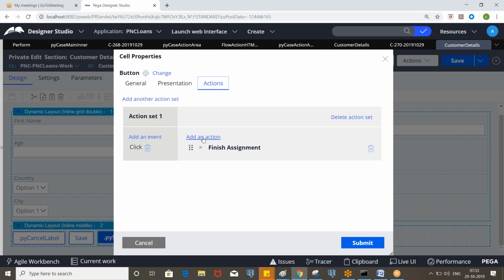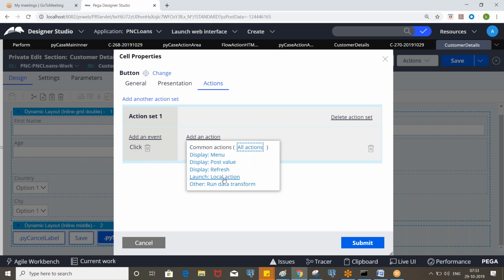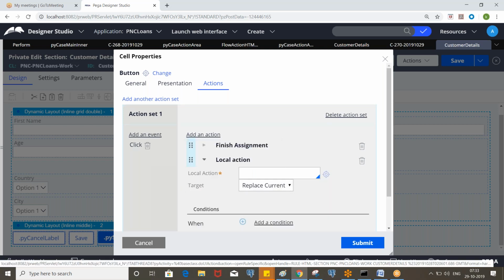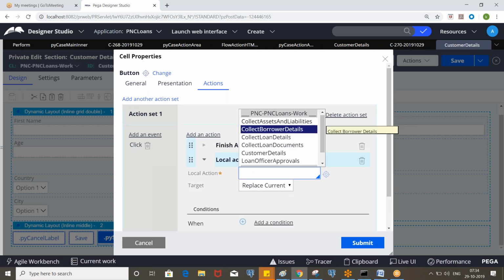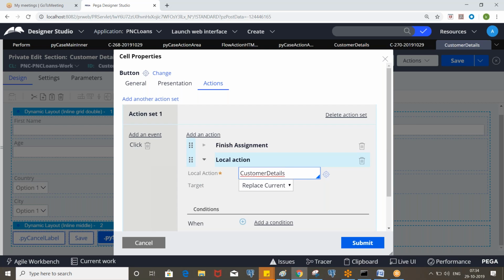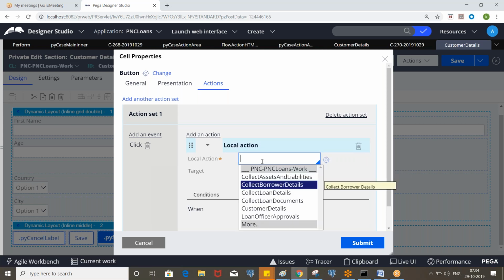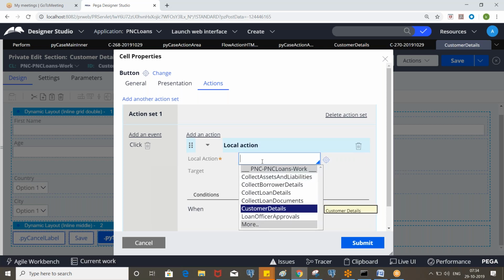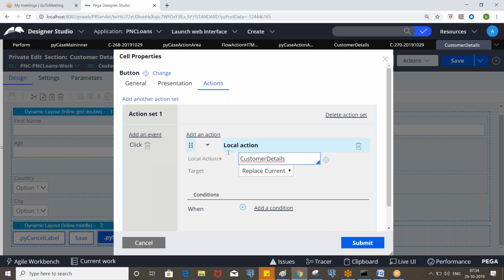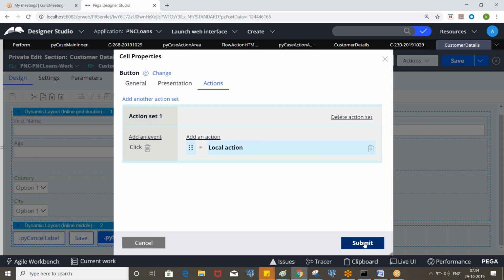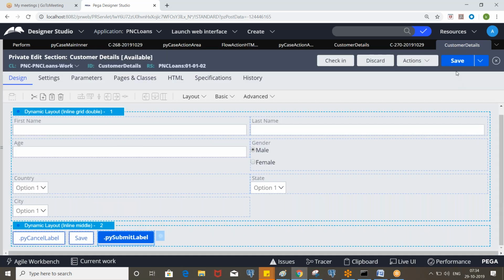First I want the local action to be launched, let's say customer details. If you want it in read-only format, you need to design another section and make it read-only. Let's assume this is a different screen, and inside that screen you can put a button, and on click of that button you can finish the assignment, right?